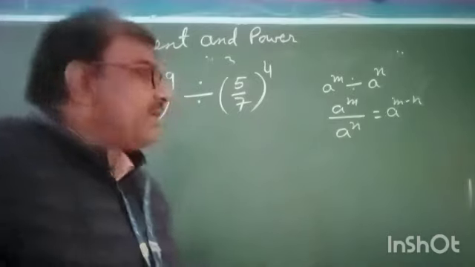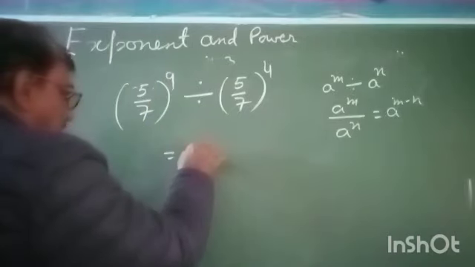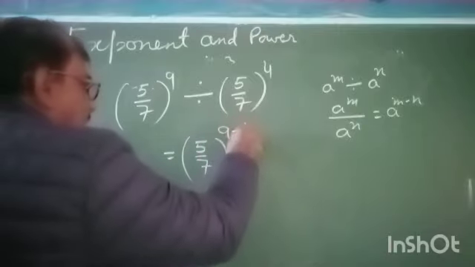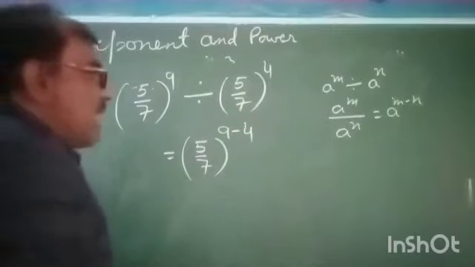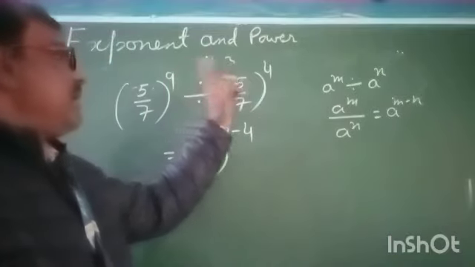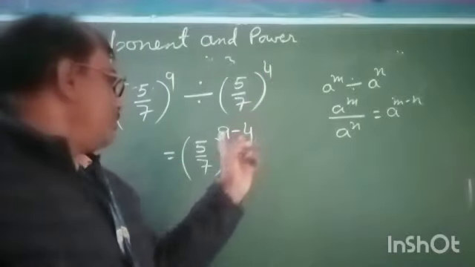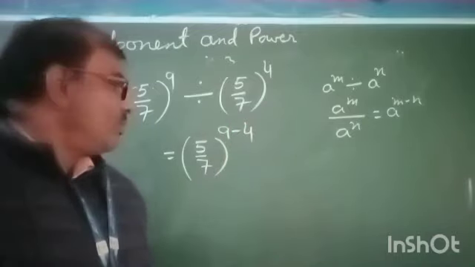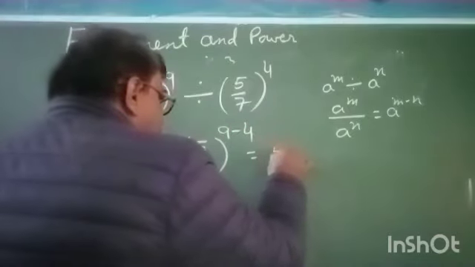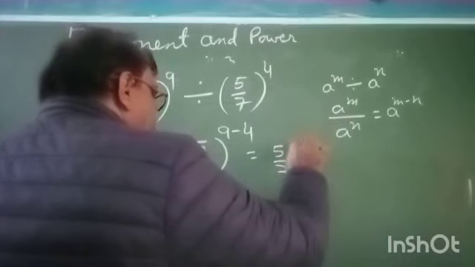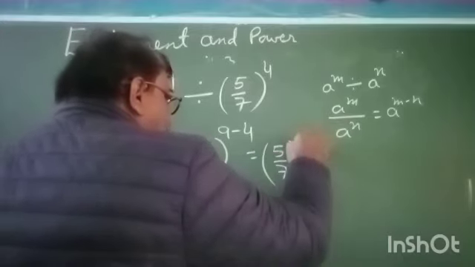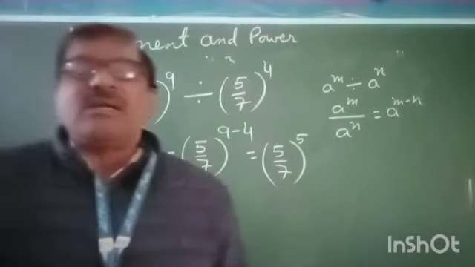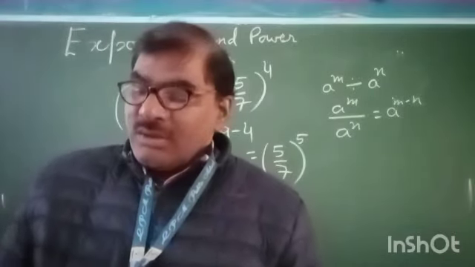So dear students, with the help of this law of exponents, we can write (5/7) whole to the power 9 minus 4, because in place of m is 9 and in place of n is 4. So it will be equal to (5/7) to the power 9 minus 4, which is (5/7) to the power 5. So dear student, I hope that this is clear to you. Now, the next question is,